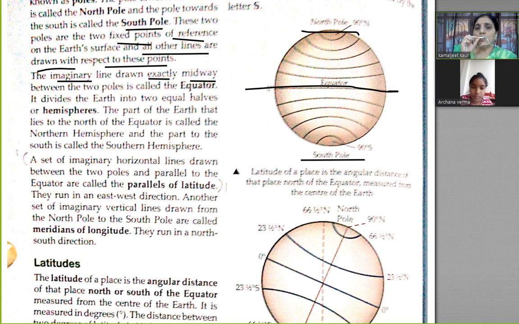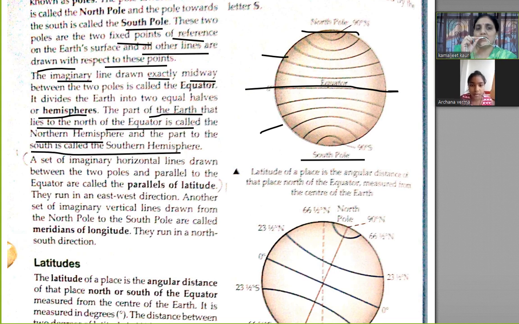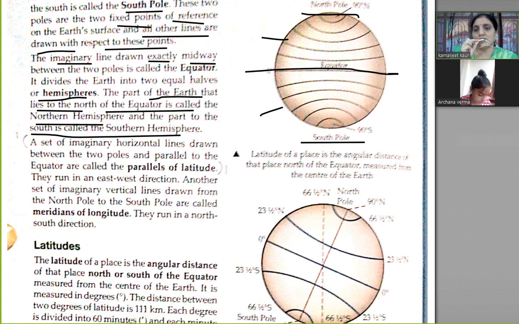It divides the earth into two equal halves, called hemispheres. The part of the earth that lies to the north of the equator is called the northern hemisphere and the part to the south is called the southern hemisphere. Northern hemisphere and southern hemisphere. Okay, a set of imaginary horizontal lines drawn between the two poles